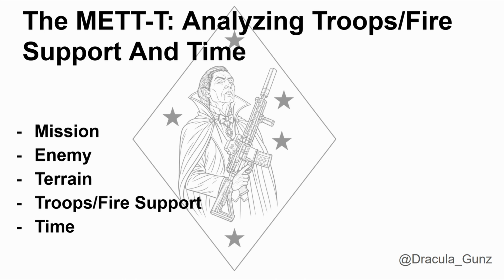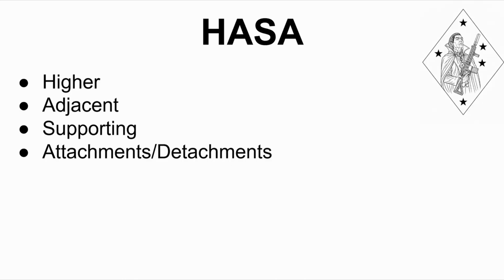In our last video, we talked about how to analyze terrain. In today's video, we're going to talk about how to analyze our troops and fire support, as well as build a timeline for our operation. The acronym we're going to use for our troops and fire support is HAS-A, which stands for Higher, Adjacent, Supporting,